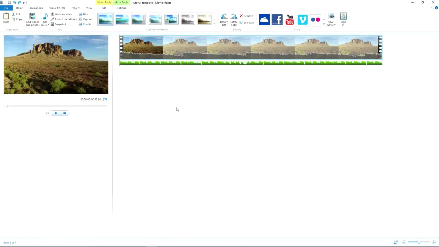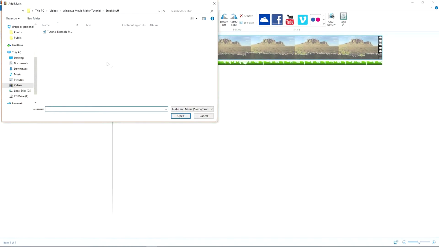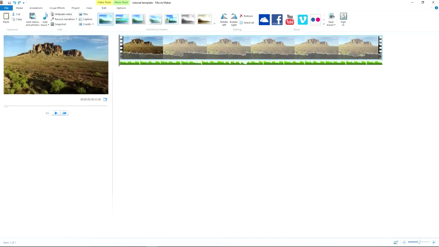This will be a quick guide on how to use Windows Movie Maker. Start your project by importing all of your media. Importable medias include videos, pictures, and music. Once you have all of your media imported, let's go over the tabs that are on the ribbon and what